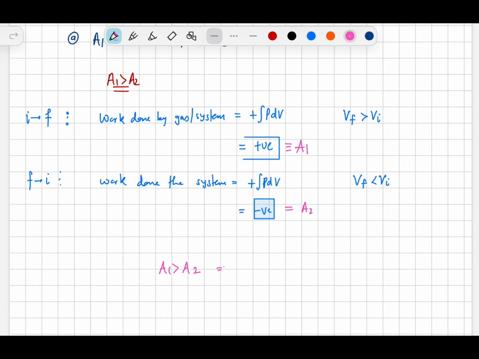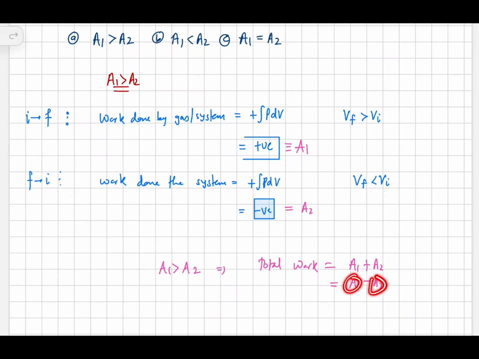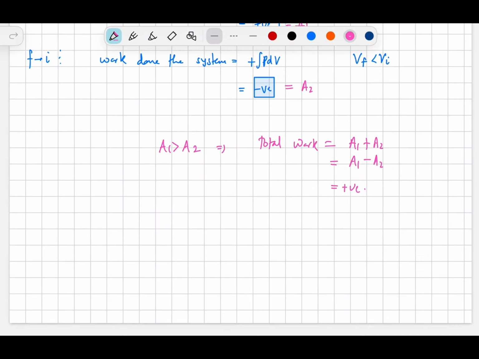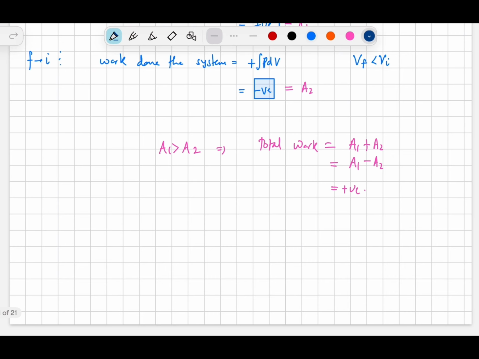So overall, this total work, total work क्या होना चाहिए? A1 plus A2 होना चाहिए था, बट A2 तो नेगेटिव है, तो यानी कि A1 minus A2 होगा, राइट? And we see that A1 is greater than A2, hence the total work is positive. सो यहाँ से जो कंक्लूजन निकल के आता है वो ये निकल के आता है, फॉर